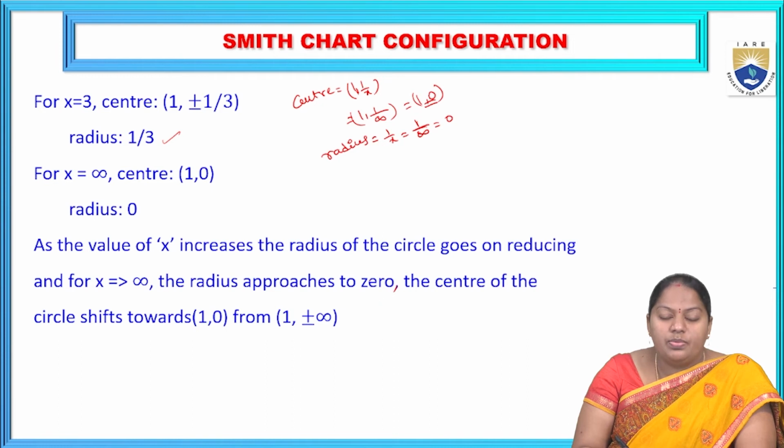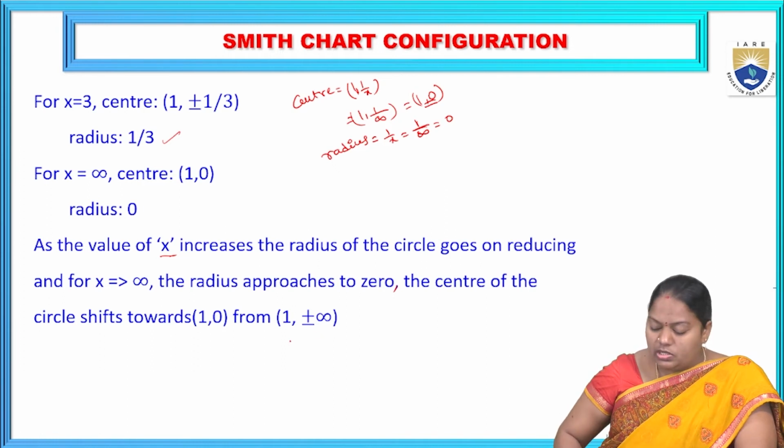As we have discussed in the previous case of constant resistance circles, here also, as the value of x increases, the radius of the circle goes on reducing, and if x tends to infinity, the radius approaches 0. And the center of the circle shifts towards 1 comma 0 from 1 comma plus or minus infinity. Okay, so based upon this,